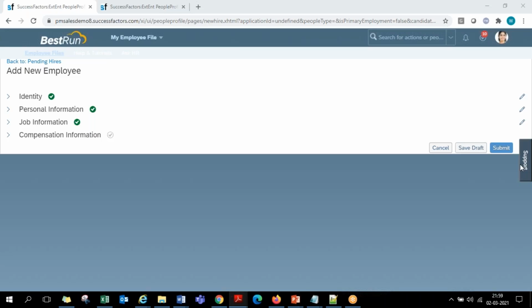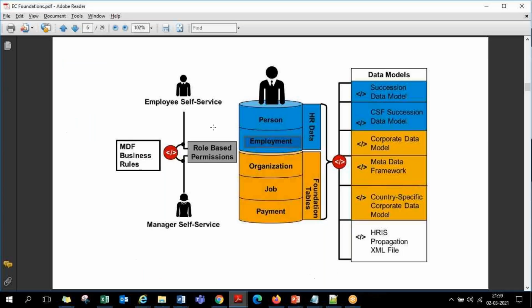In the next session, we'll be looking at the concept of org structure setup. As per the EC structure, I just directly showed you the employee hiring. But to hire an employee, as I told you, we need the complete org structure of the company: the list of company locations, departments, and positions. At the job information level, when I selected the position, the system auto-populated it. But you need to have those details, the list of departments, locations, and positions in the company, all that master data. That is where the foundation has to be set up. As part of foundation data, the first thing is that the org structure has to be set up.